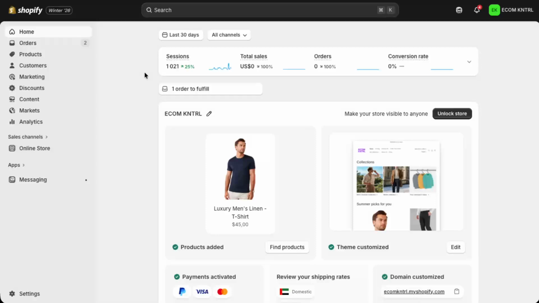I'll walk you through it step by step, and by the end, you'll know how to find it and customize it whenever you need. First, log into your Shopify account and go to your main Shopify dashboard. This is the home screen you see right after logging in, where you can view orders, products, analytics, and other store information. Make sure you're in the correct store if you manage more than one, because the password is specific